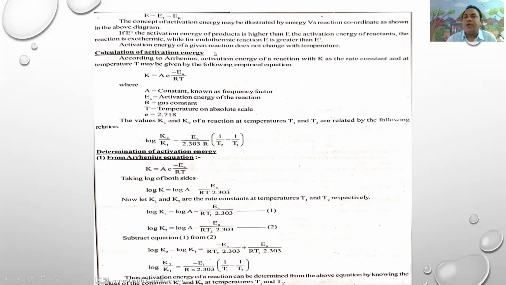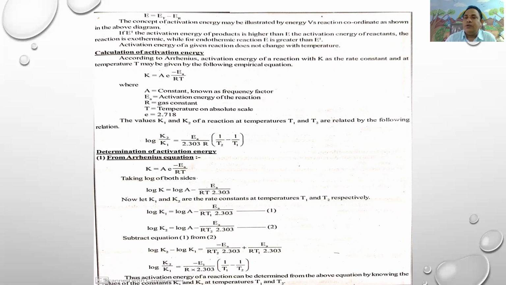Initial concentration of reactants is 100%. When the reaction is not started, that is t equal to 0, the obtained products concentration X is 0. But when the reaction is going on, first half-life time means the time required for conversion of half of the reactants into products is called half-life time. At first half-life time, the concentration of reactants is 50, concentration of products is 50, time is t equal to t half.